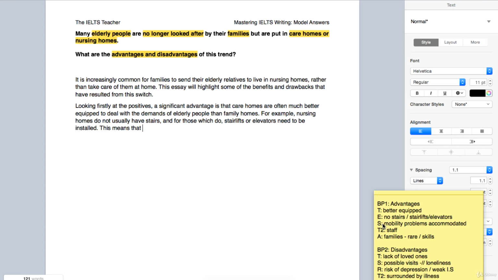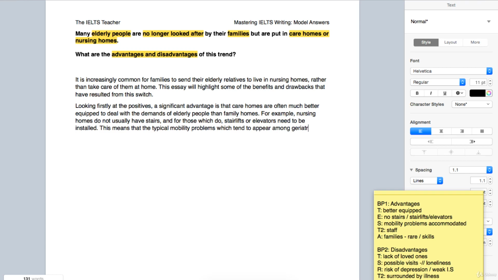What do we have here? Mobility problems. Let's say the typical mobility problems, which again tend to appear. So they're typical, they're not always there. They tend to appear, they don't always appear, which tend to appear among, okay, so we could use elderly people. We could use here, particularly because we're looking at it in quite a medical context with these mobility problems here, we could use this word here.